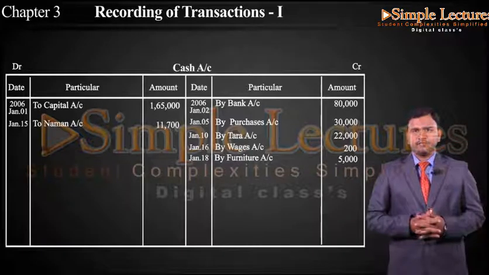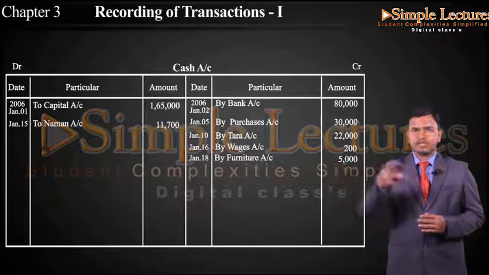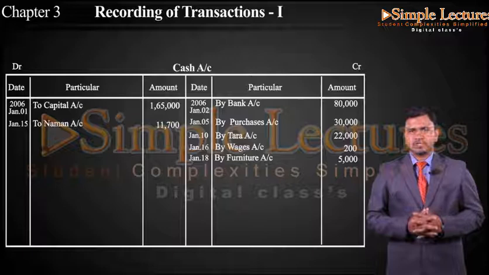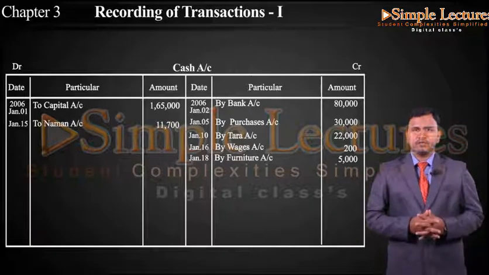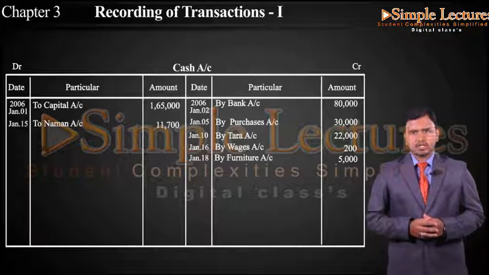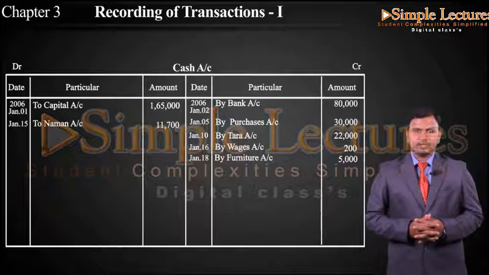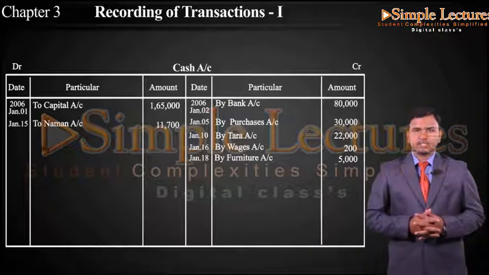Next entry we have Jan 22nd rent account debtor to bank account. So again there is no cash, no need to post anything from this. Then again we have Jan 23rd drawings account debtor to purchases account. So again there is no existence of cash, no need to copy anything. Then again we have the next transaction on